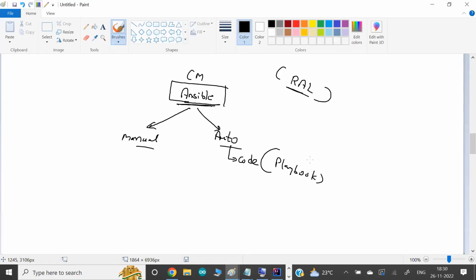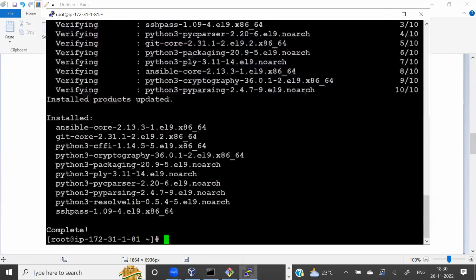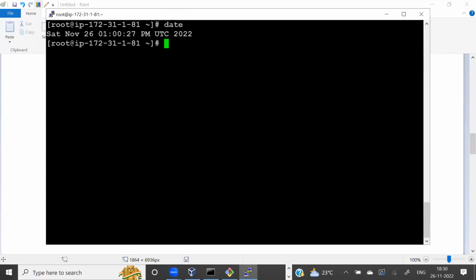Or if you don't want to write a playbook, you can use me manually by typing commands on the command line. Manual means, for example, see the date, create a directory, see the directory. Both options are available; it is your choice how you want to use it.